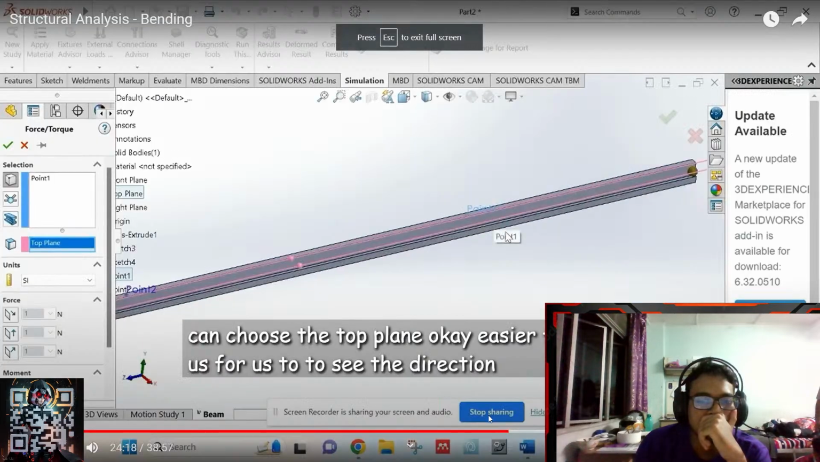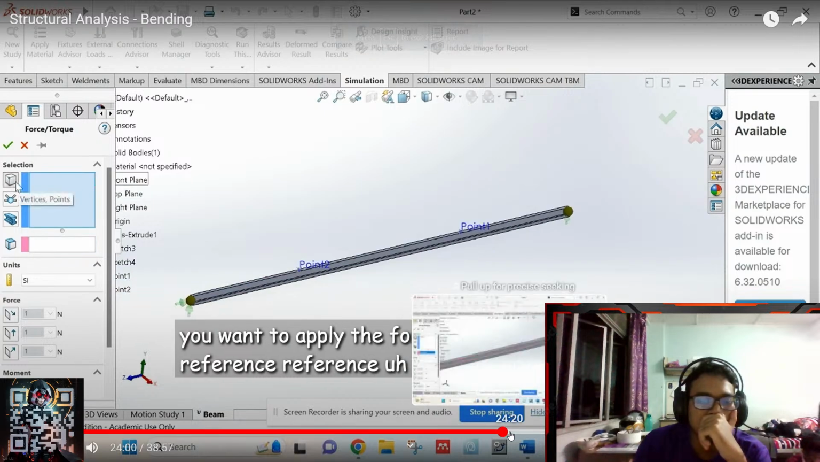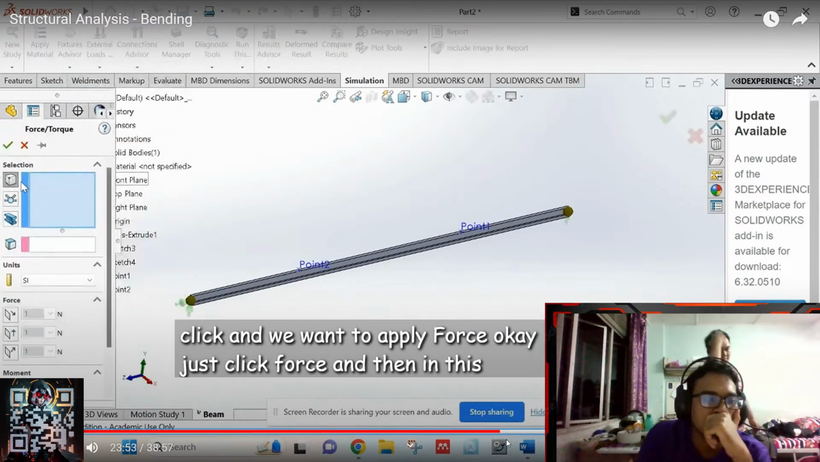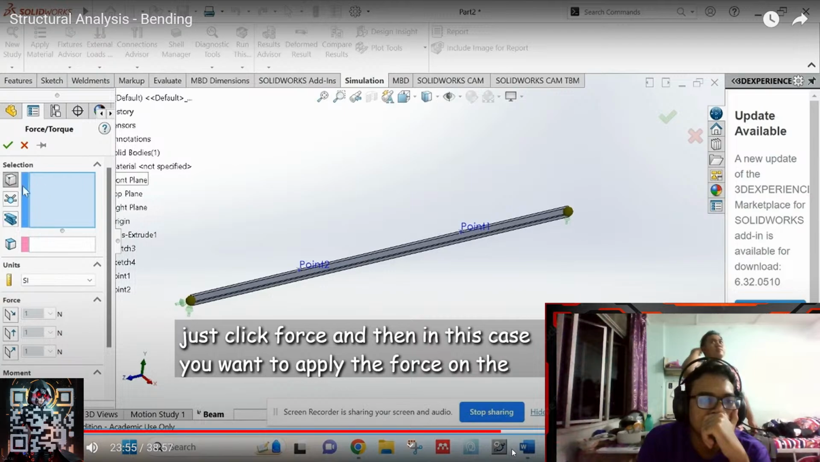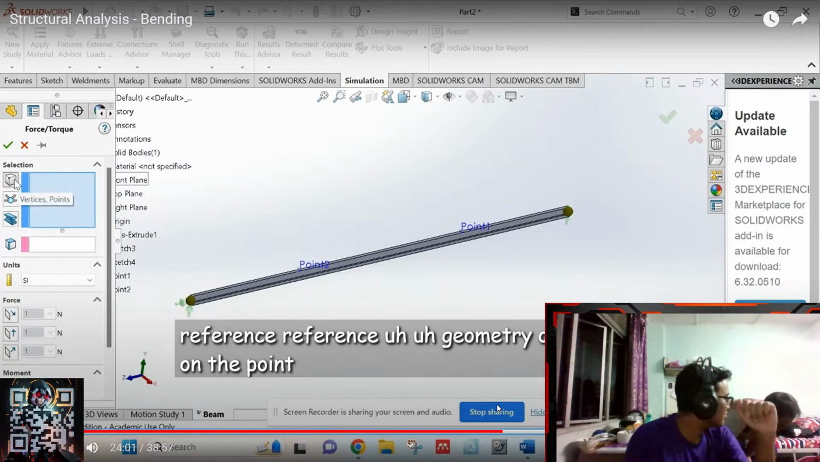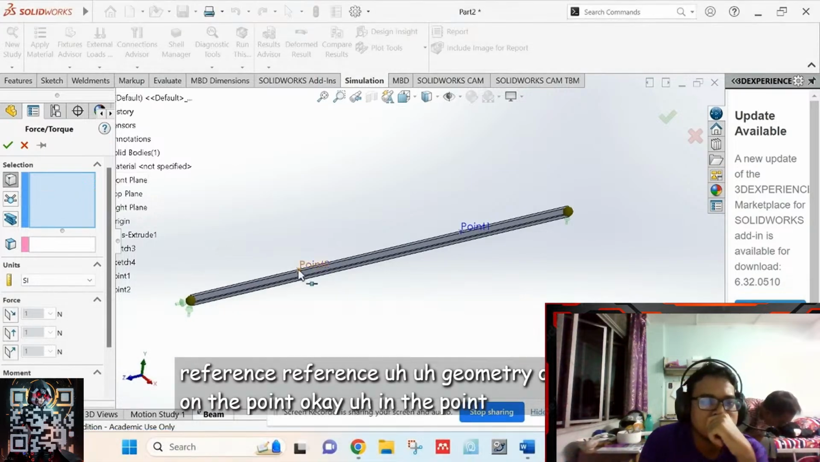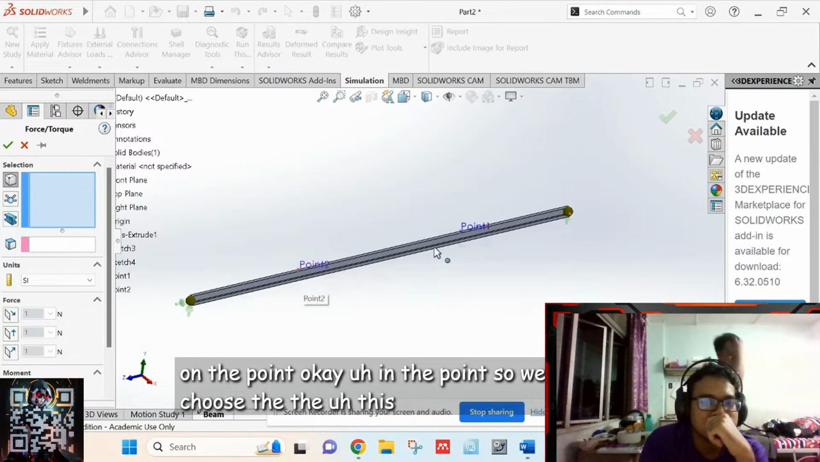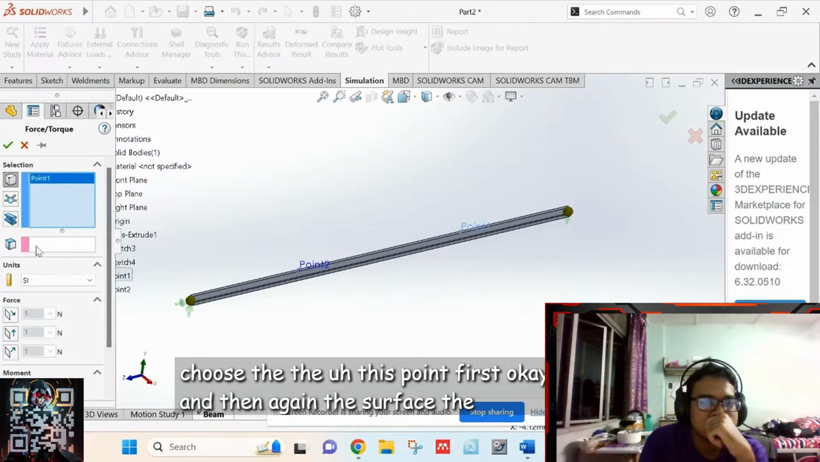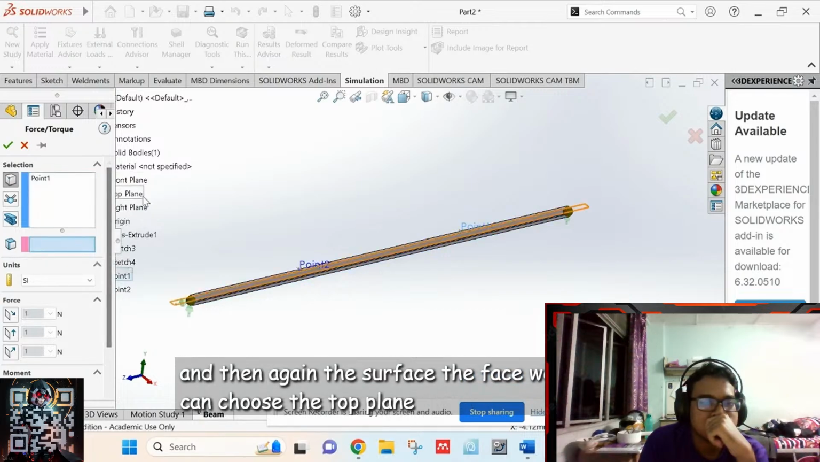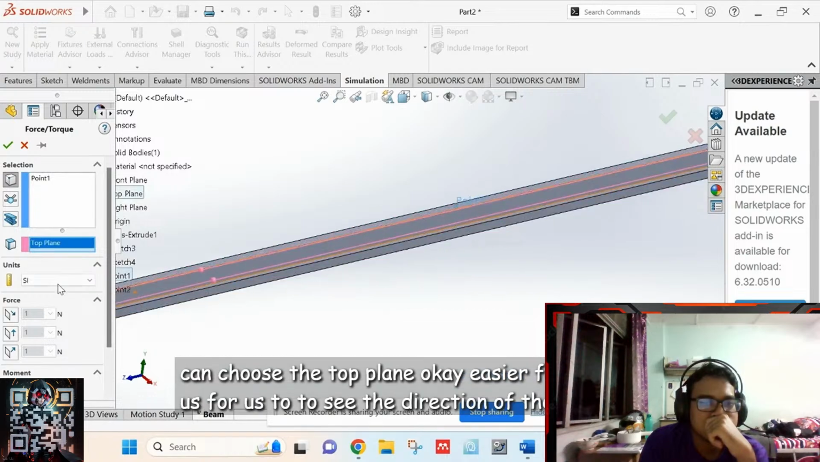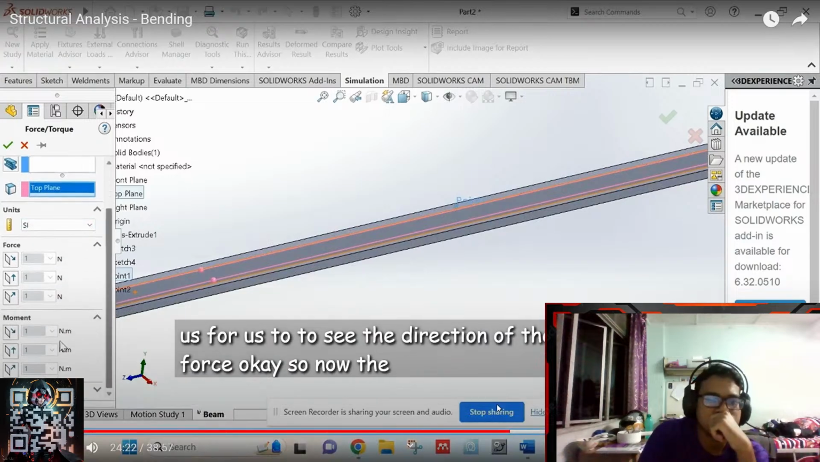To see the direction of the geometry. Okay, so now again right click, and in this case you want to apply the force on the reference geometry, okay, on the point. Okay, but in the point. So we choose this point first, okay, and then again the face we can choose the top plane. Okay, easier for us to see the direction of the force. Okay, so now the force is in